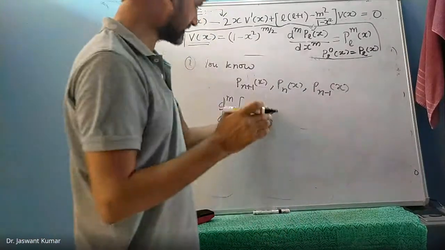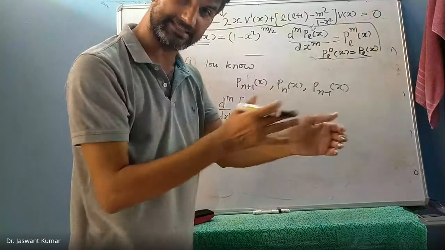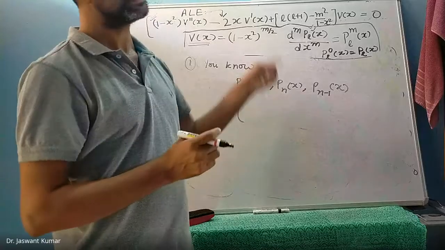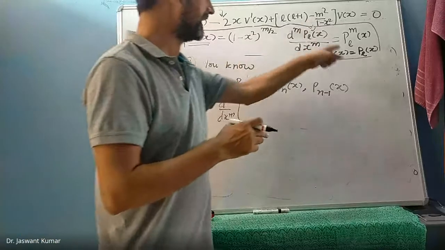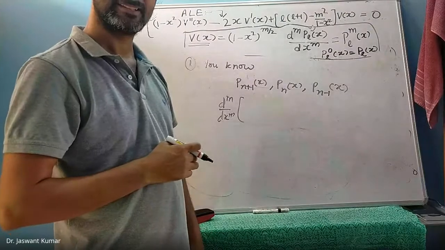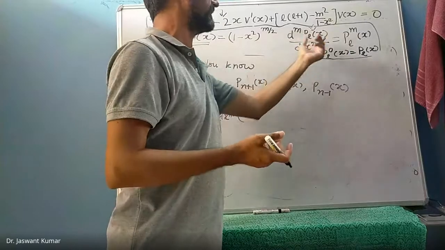Yes, there will be some additional term also, because I think one of the terms is multiplied with some x, so that term will not be 0. If we do the recurrence relations of PL of x with dm by dxm, then you put the recurrence relation of PLM of x. Nothing else. This is how PLM of x is related. Try, sir.